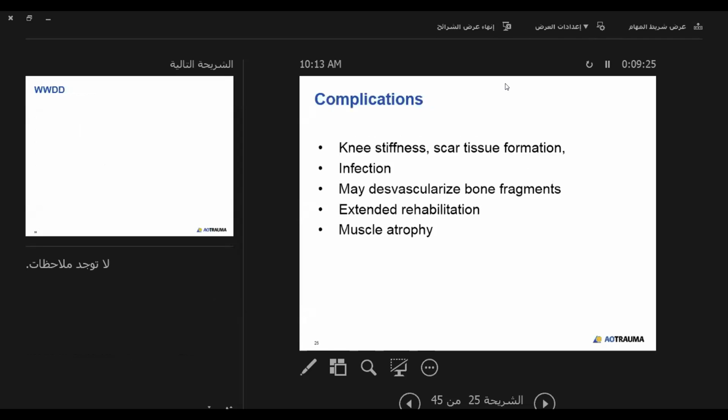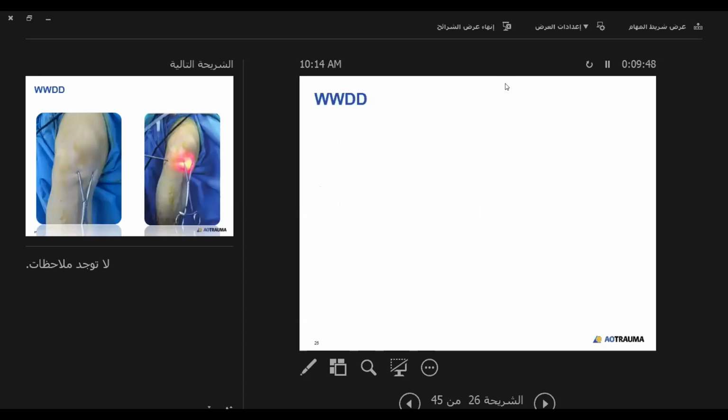The complications of open techniques, as you know, are more knee stiffness, more scar formation, more incidence of infection, and you may devascularize the bone fragments. The period of rehabilitation is extended, and we will also have muscle atrophy that needs a long time of rehabilitation and physical therapy. So what I would do differently next time is to diagnose this case early, do the full series of X-ray investigations, and think about using arthroscopic modalities when we have an earlier diagnosis for these Hoffa fractures